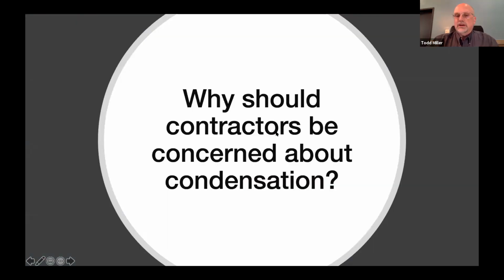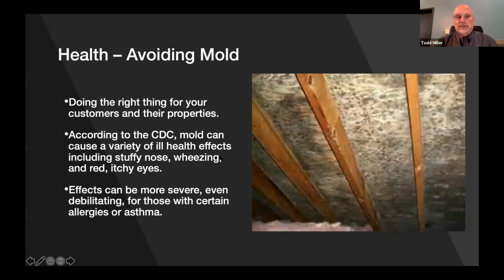Here's the big question, I think. Why should contractors, architects, specifiers, property owners, why should any of us be concerned about condensation? Well, I think the number one real reason really is health. Condensation obviously is the big supporter, the catalyst oftentimes in buildings that leads to mold and mildew and other types